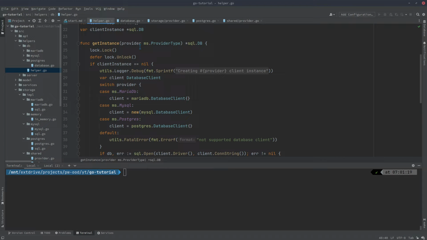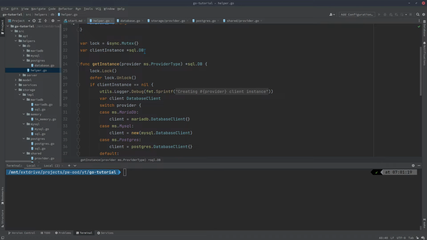We pass the expected provider for which we want to get an instance by an input argument in this function. And this provider basically is a type which is mapped to a string. So we get a name like Postgres or MySQL, and then